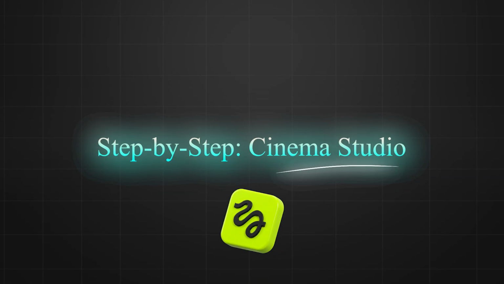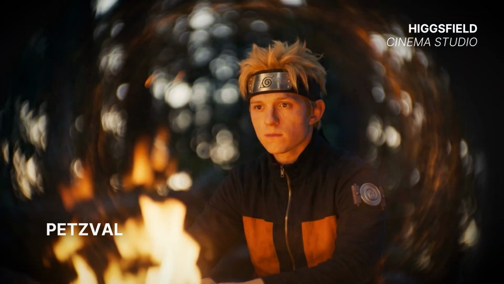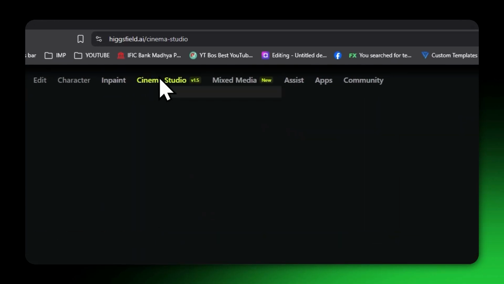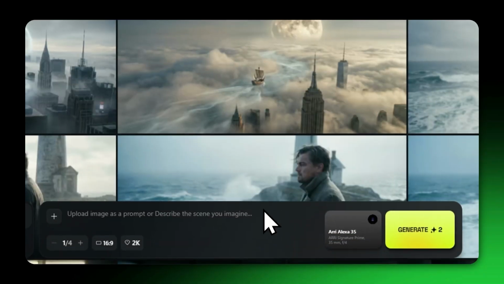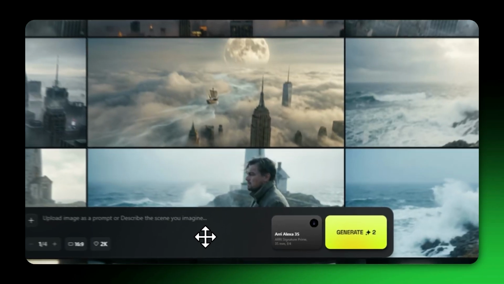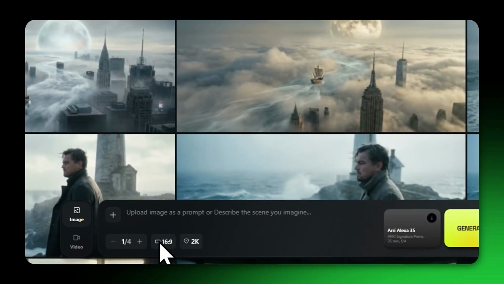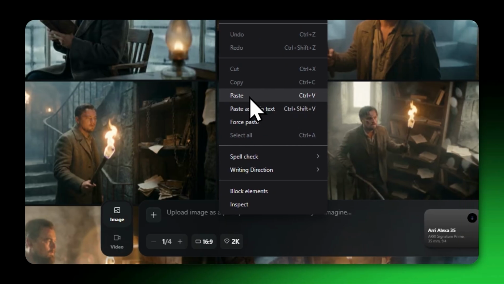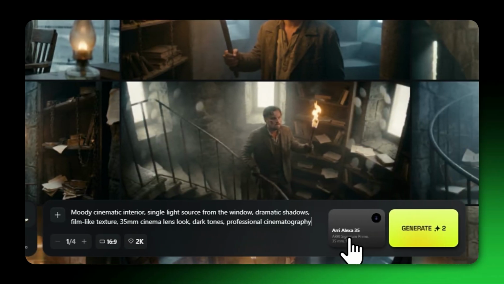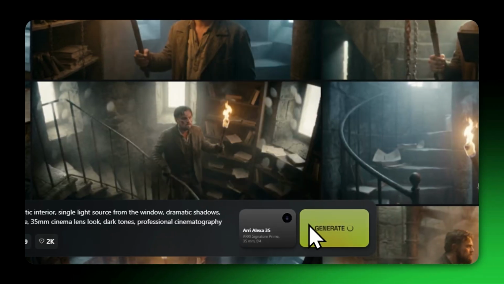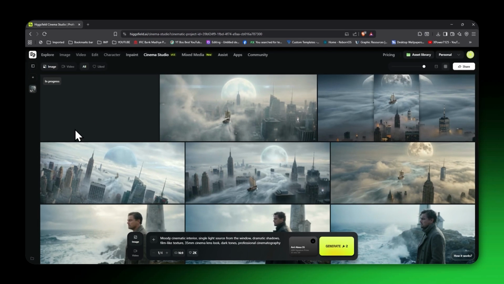Step-by-step Cinema Studio, end-to-end filmmaking workflow. Cinema Studio is designed for creators who want cinematic consistency across multiple shots. Open Cinema Studio from the Higgsfield dashboard. Start by generating a keyframe using text-to-image. This first frame defines the look, lighting, and mood of your entire scene. Example prompt, Cinema Studio, image stage. Moody cinematic interior, single light source from the window, dramatic shadows, film-like texture, 35mm cinema lens look, dark tones, professional